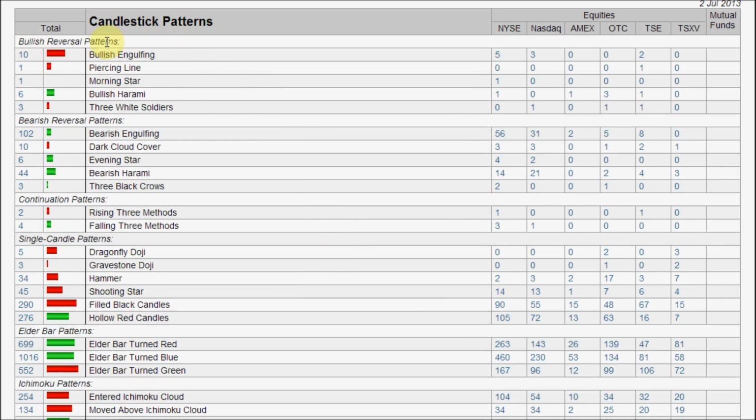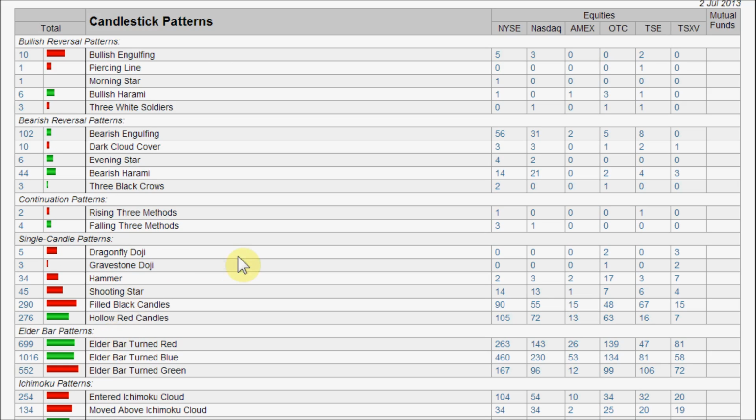Okay, you have bullish reversal patterns, bearish reversal patterns, continuation patterns, single candle patterns. Now, I don't know what Ichimoku or Elder Bar patterns are, so we'll just cover the ones that are most